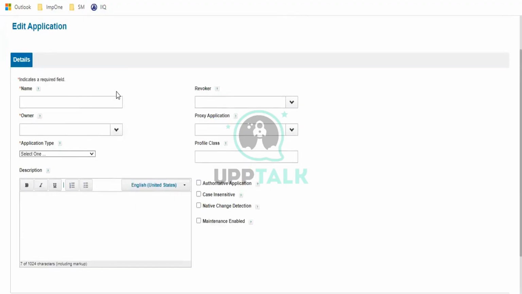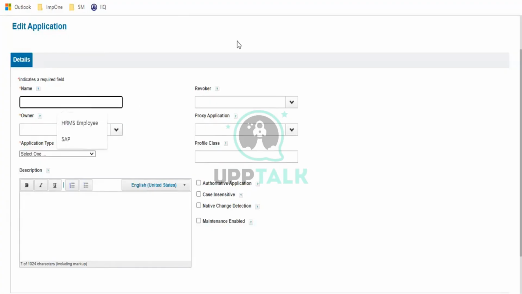Here you are going to provide an application name. No need to worry about which application name you provide from your end. You are going to get all the details from the application team: What could be the application name? Who is going to be the owner of this application? What description can we provide? Because this is very helpful for the end user. We get these details from the client application team. Our job is to feed all the details correctly in a real-time project.